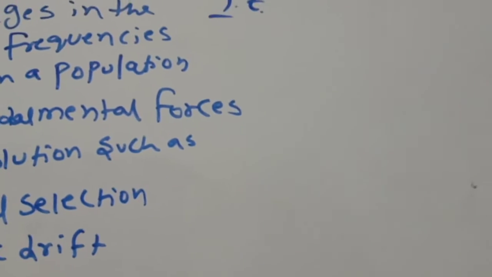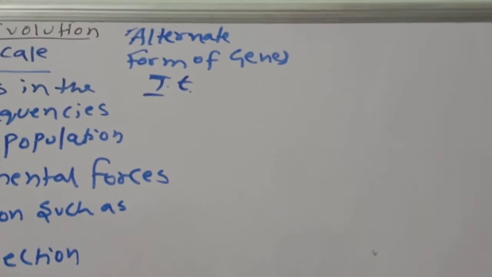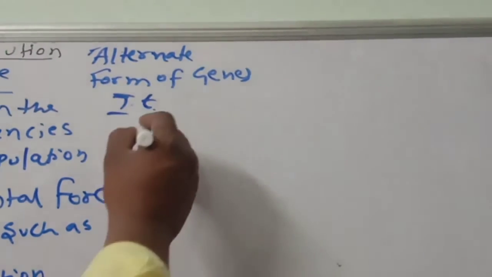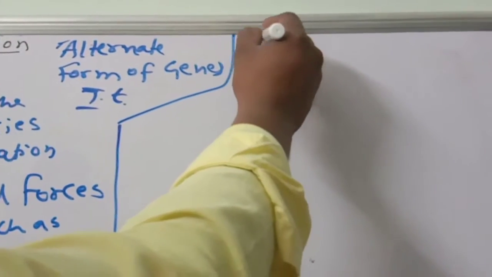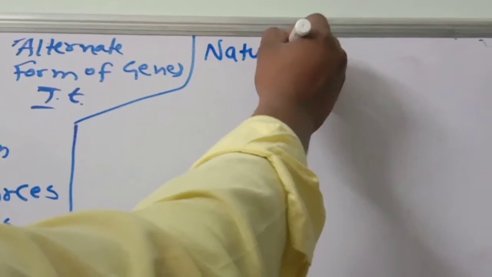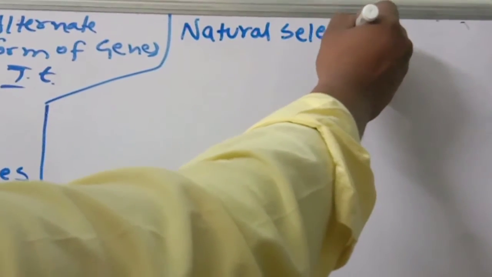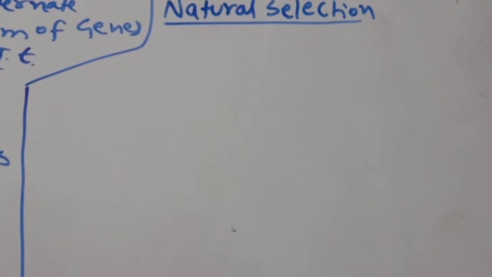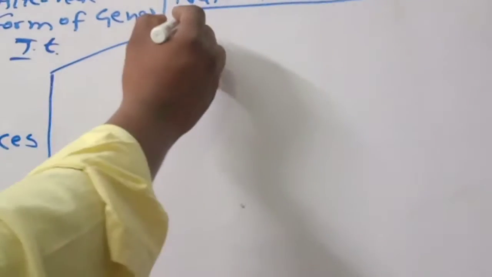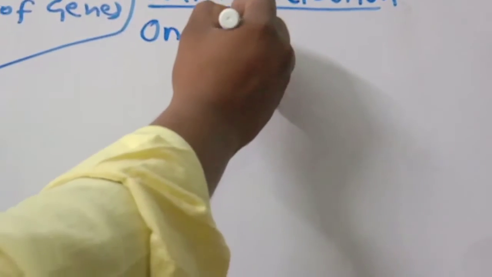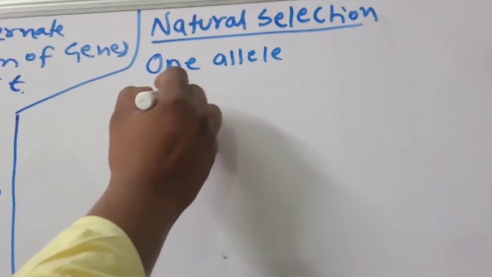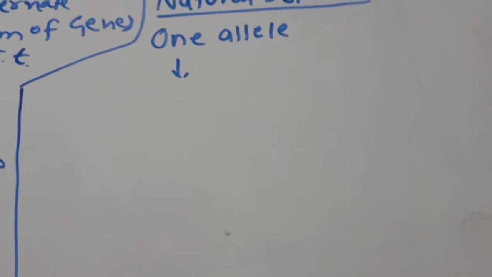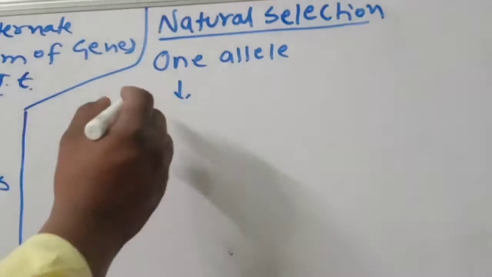So now one by one we will discuss these concepts. First one is natural selection. You know very well, natural selection: nature will select the best one. Remember this one: one allele, one gene, alternate forms. Okay, alternate forms of the genes make an organism